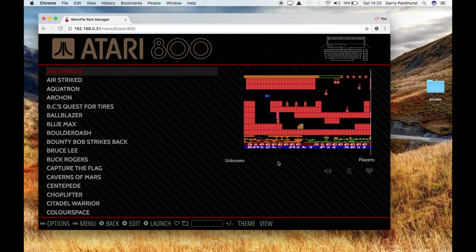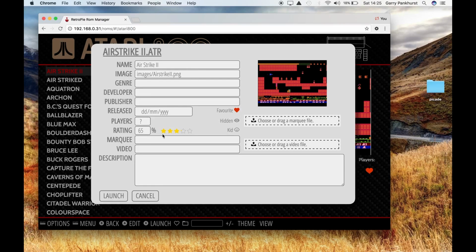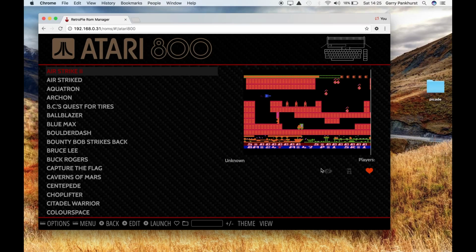Now, there are some themes that do have these icons built into them, if the version of Emulation Station shows them, and they are also enabled to modify the metadata. So if I click the favorite there, then that makes it a favorite, and it also automatically saves that to the game list file. So I can do that for all of the other icons,